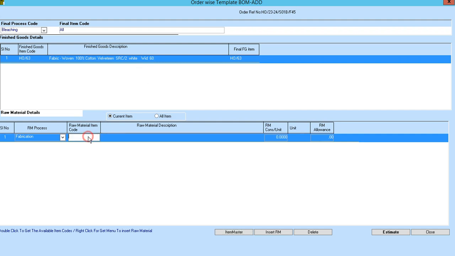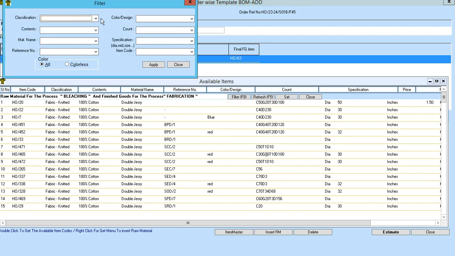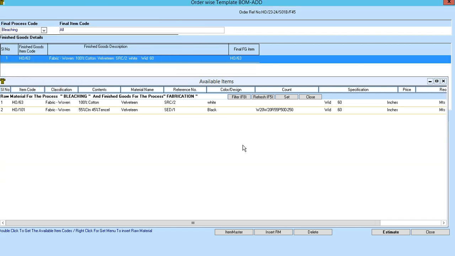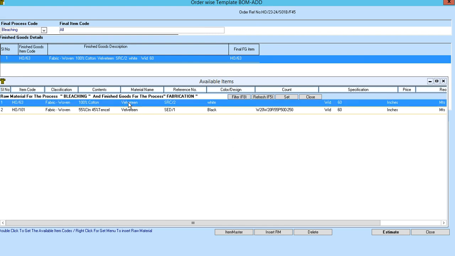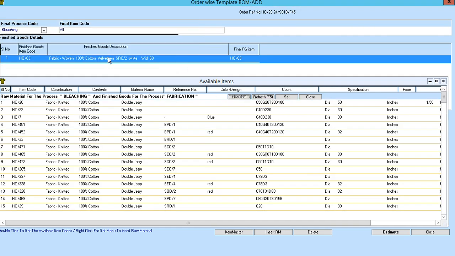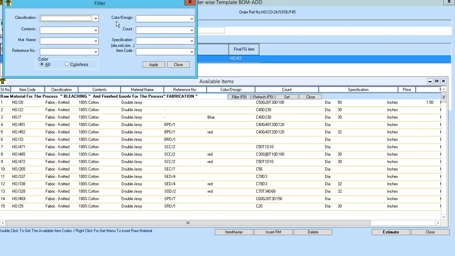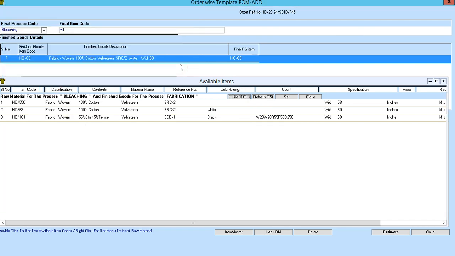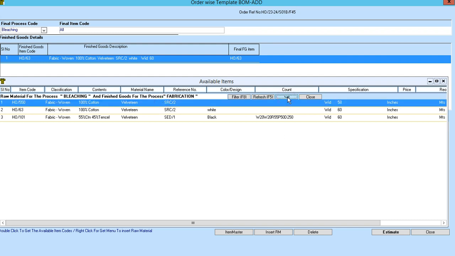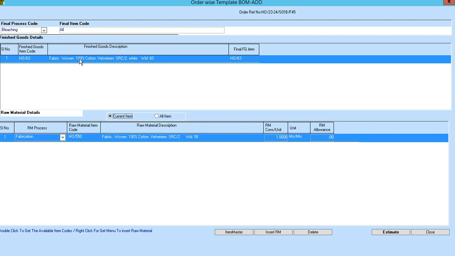you can double click here. Filter. You need a woven fabric with velveteen. Velveteen, apply, close. So you select this. This is your fabric. Now you need a velveteen colorless fabric. Before that, click on refresh here. Item master is refreshed. Now filter for velveteen. Fabric woven. Velveteen. Apply. Close. So you have the colorless fabric here. Select that. Set. Close. So for bleaching, you have a white fabric as finished goods and colorless fabric as the